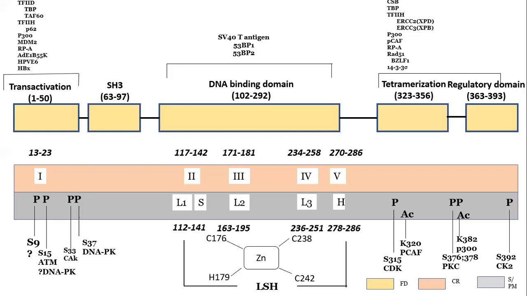Next one is important. There is a nuclear localization sequence, not only in the DNA binding domain; it is actually in between the DNA binding domain and the tetramerization domain. Its location is in the linker region, that is from amino acid 316 to 384. So it is at the end of the DNA binding domain, toward the regulatory domain, where it can occur.